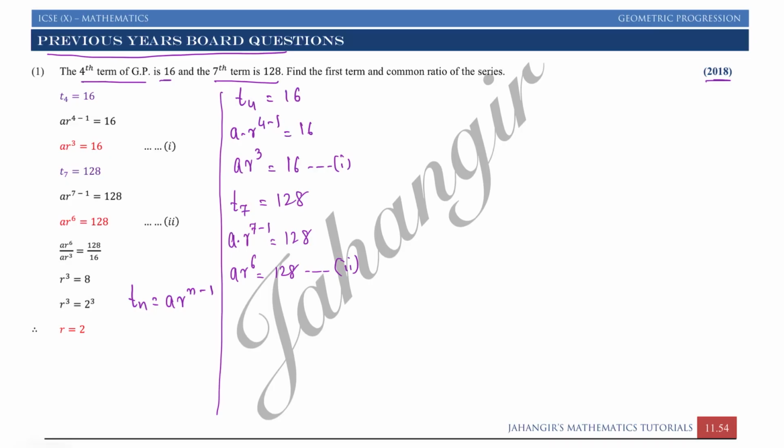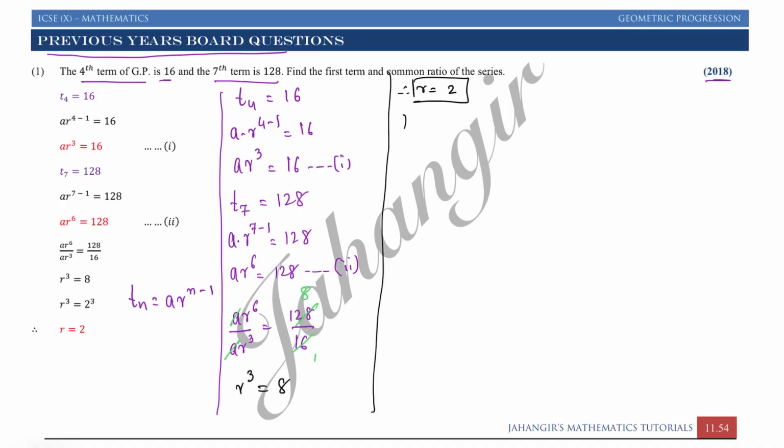Now as you know, once we get two equations, we are going to divide them. So keep a r raised to 6 in the numerator, a r cube in the denominator, that is equal to 128 upon 16. As you can see, we can cancel out a and a. 16 ones are 16, 16 eights are 128. So therefore we get r raised to 3 is equal to 8. So therefore r is equal to 2. We got the common ratio. Now substitute